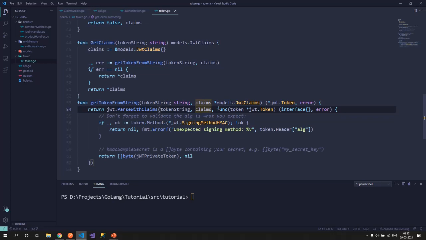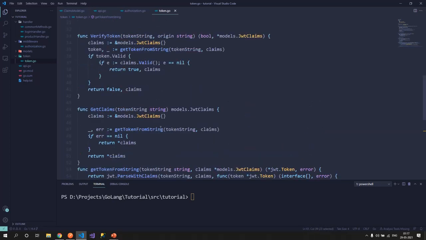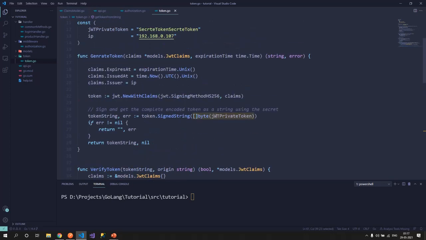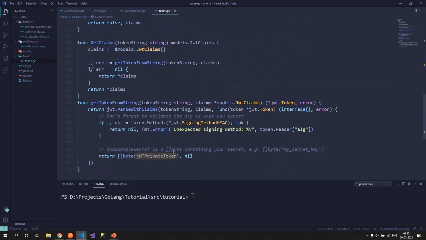Then there is a callback function which is intended just to return the byte array of the private key that you had used to generate the token. If you remember, we used the private key to generate the token, so the same key's byte array we have to convert and send. And we also normally validate what the token algorithm is that is being returned from the client side.